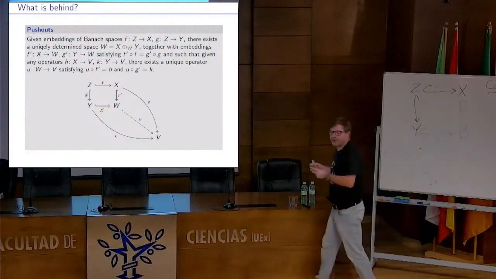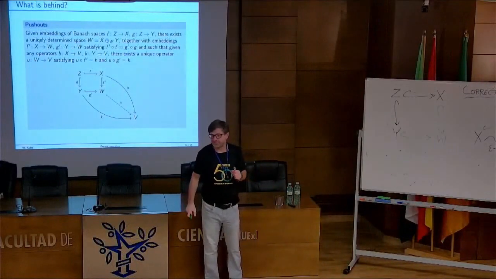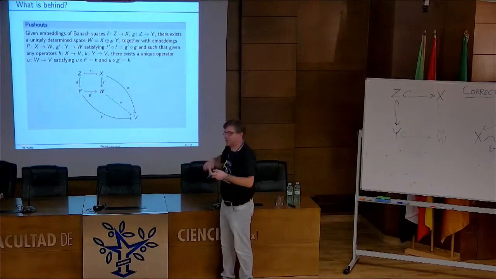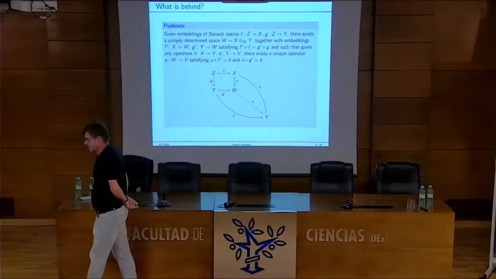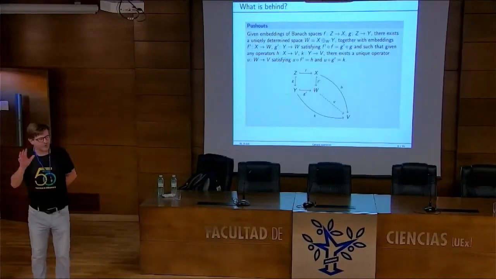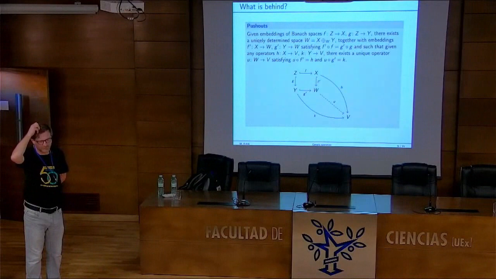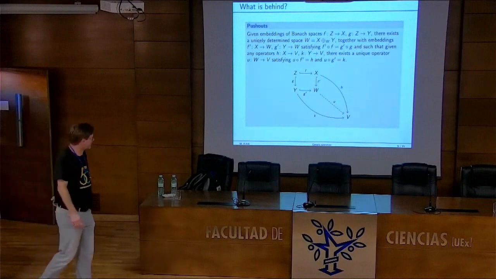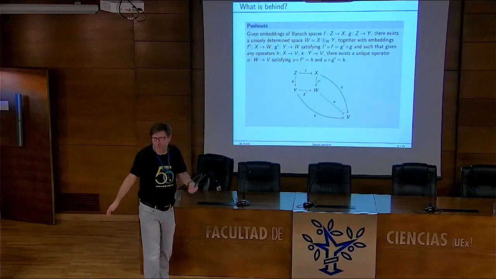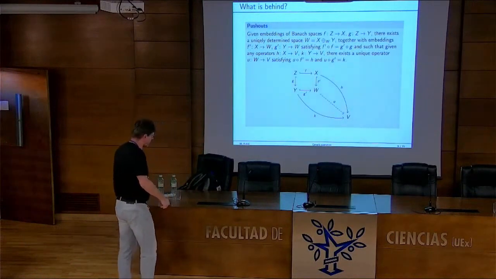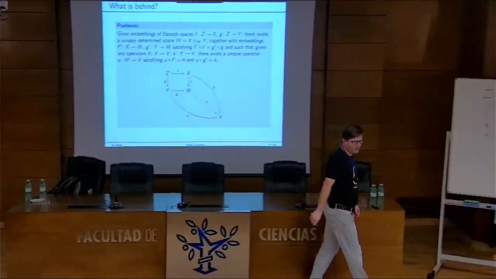Amalgamation means that you can close this diagram, right? By using embeddings again. Push out is much stronger. Okay, if you actually have a category with embeddings, where the arrows are embeddings, then push-outs almost never exist. But if you allow all homomorphisms, here this means all operators of norm at most 1, then there is this special amalgamation